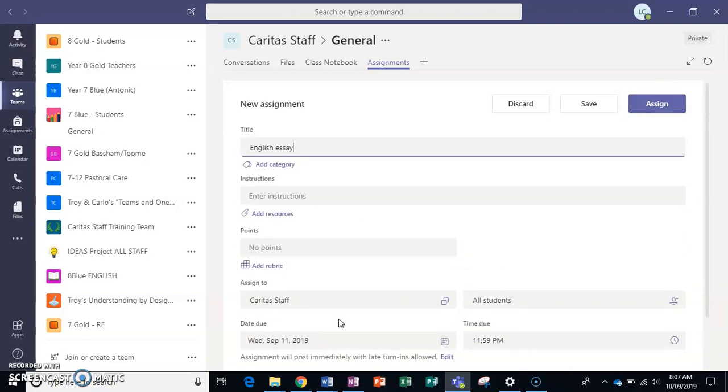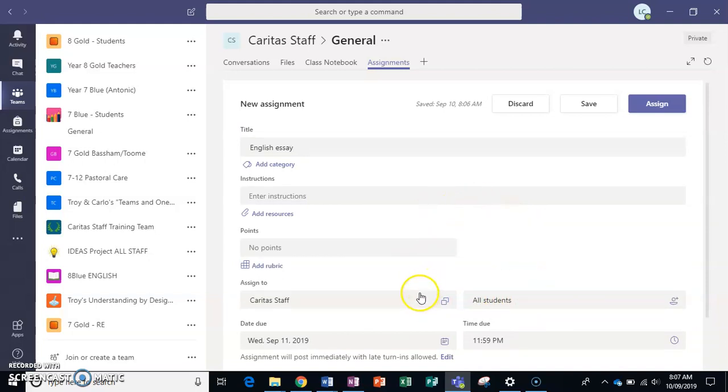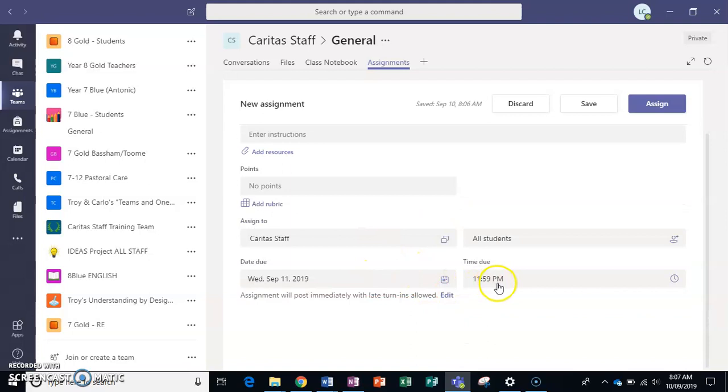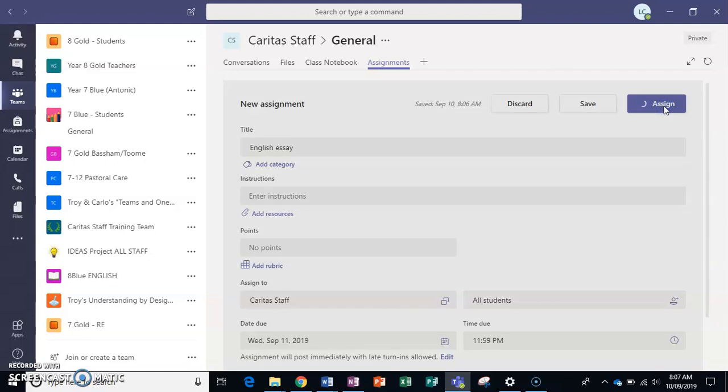You've got down here who you can add it to, all the students or specific students, and you can put the different due dates as well. You can even use it as draft, so I would sometimes put in brackets draft if it's a draft, or final if it's the final copy. That's up to you, and then all you do is click assign, and then